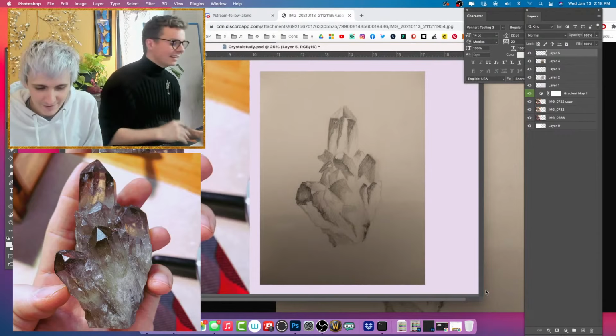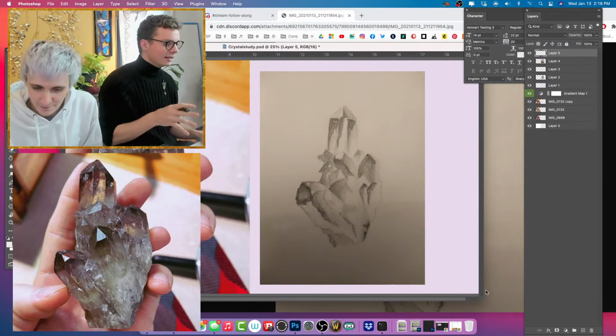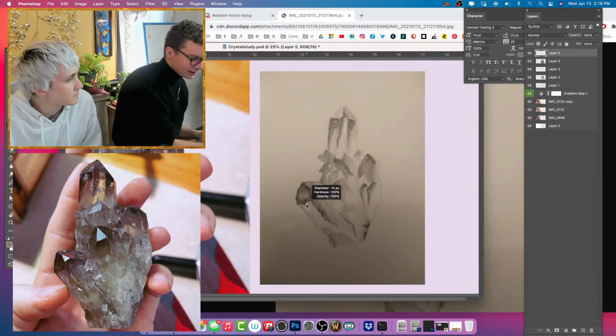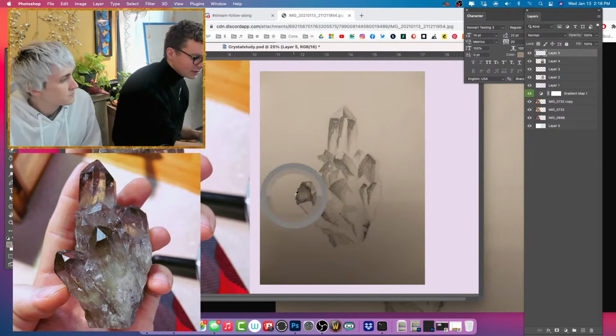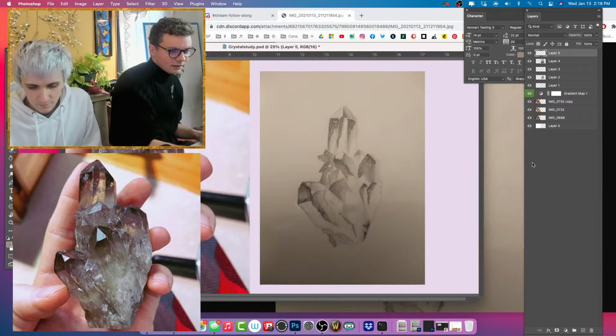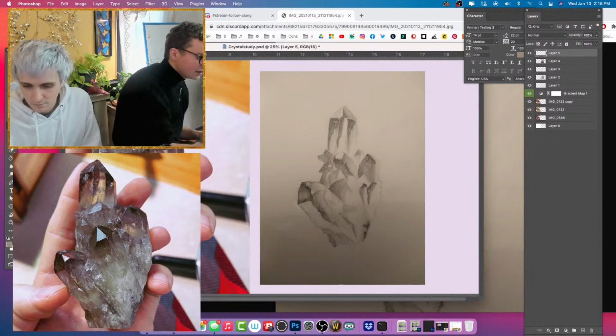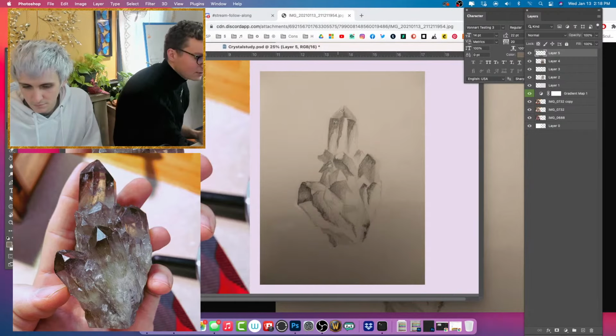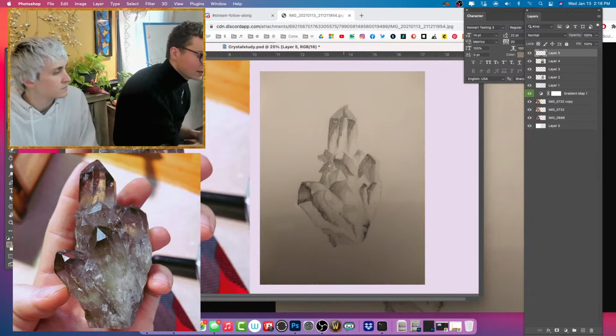Well, I'm glad you had fun. I think for my critique, I would definitely focus on the different planes, because right now it loses it a bit for me, and I think edging out areas like this one specifically can help out. Actually, yes, I'm doing it on a new layer. So I think wherever you want straight lines, really push them to be more straight, with little imperfections if you want. But even with this top crystal, I think it reads a little weird for me because the value on this one should be darker, and then the gradient shouldn't feel as line art or as contained. So if you make it more, let me do it like,